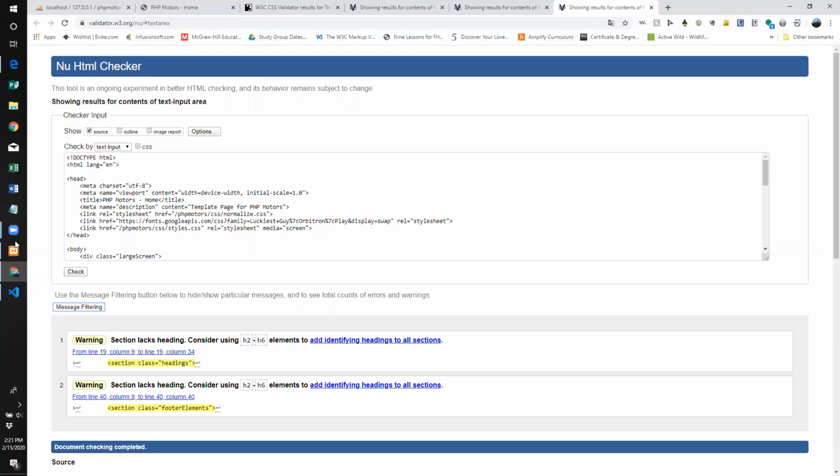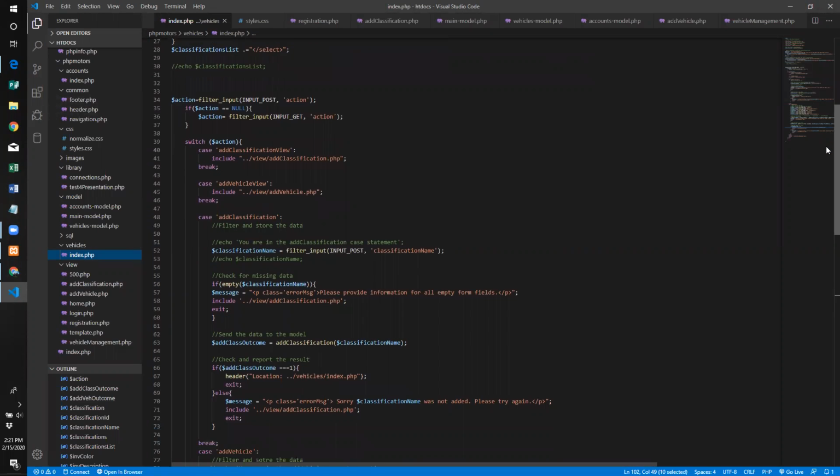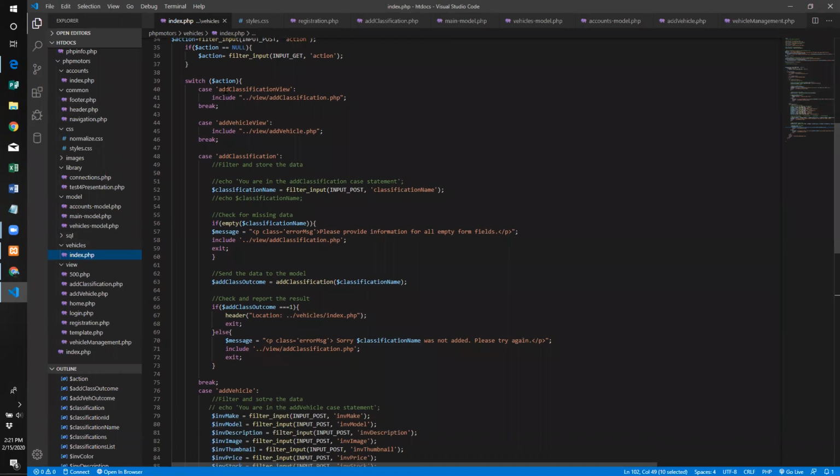As far as everything being in MVC, I have all of my views being sent out through the vehicles index, the vehicle controller. So the index in the vehicles folder, using my case statement. So my add classification view, my add vehicle view, and then once they click on those, then again, the add classifications, it delivers that view, and then the information is retrieved and sent over to the model for putting into the database. The model then will send back the